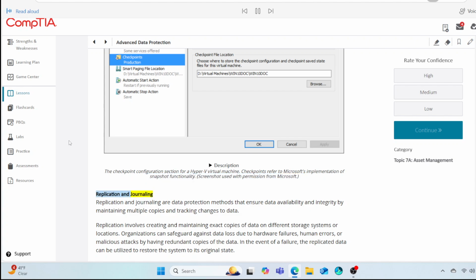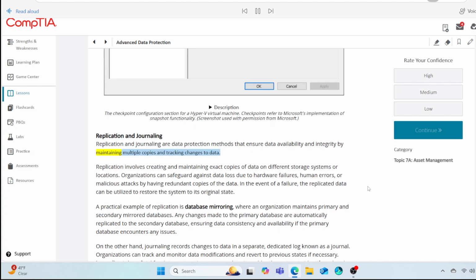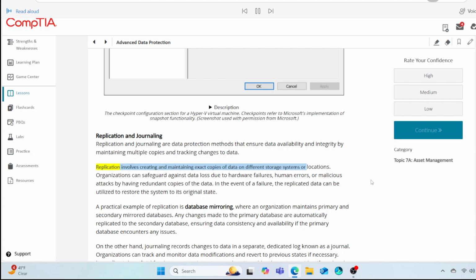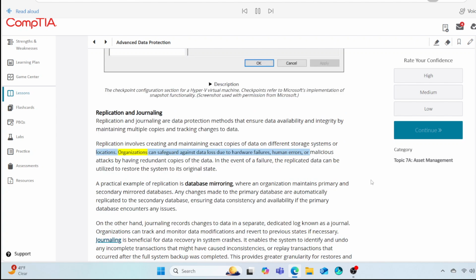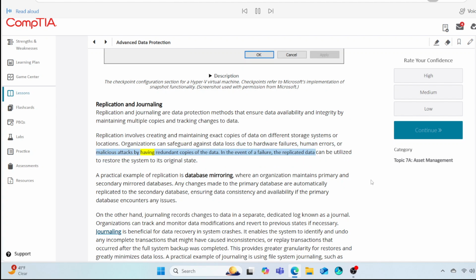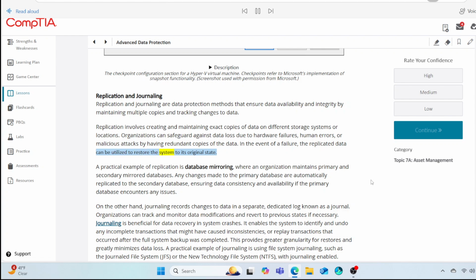Replication and journaling. Replication and journaling are data protection methods that ensure data availability and integrity by maintaining multiple copies and tracking changes to data. Replication involves creating and maintaining exact copies of data on different storage systems or locations. Organizations can safeguard against data loss due to hardware failures, human errors, or malicious attacks by having redundant copies of the data. In the event of a failure, the replicated data can be utilized to restore the system to its